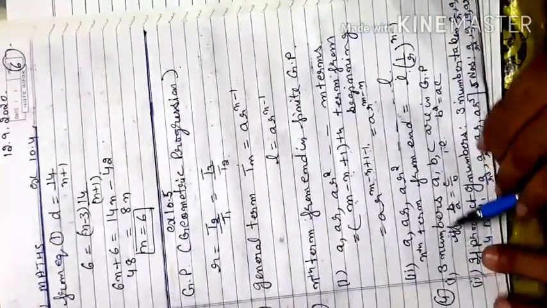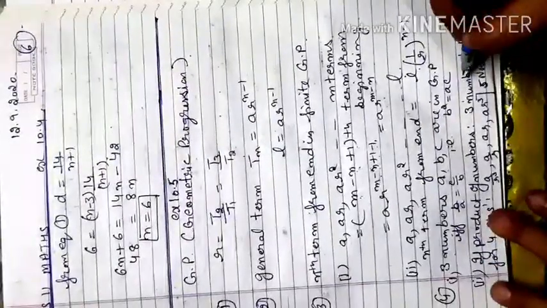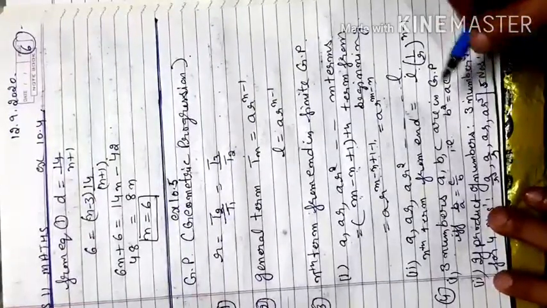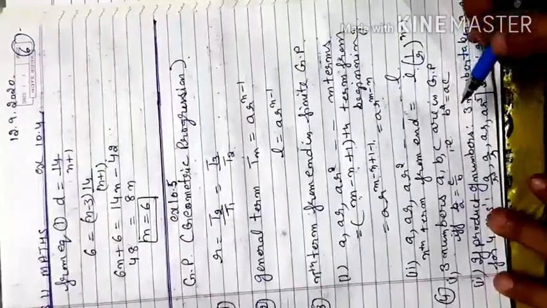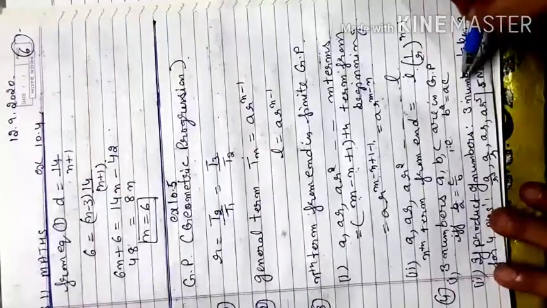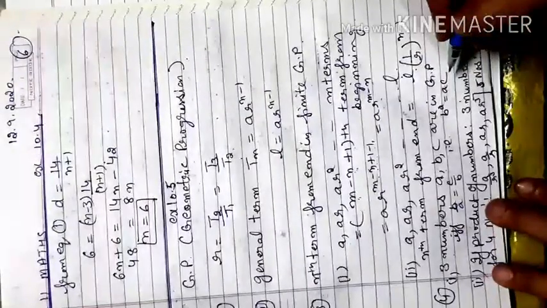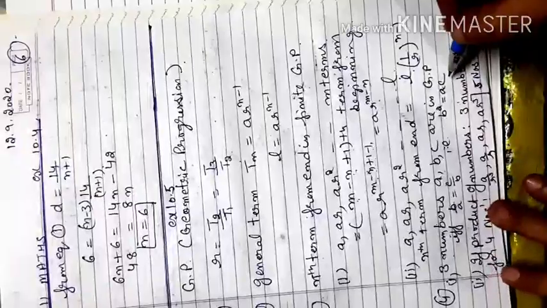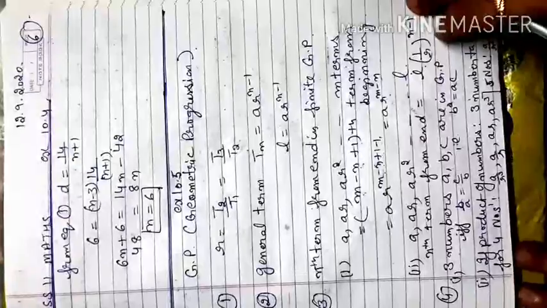Now if you have the condition of three numbers, if your question says three numbers are in GP, that means the ratio will be the same, and if and only if b square is equal to AC. The square of the middle term is equal to the product of the first and the third term. While in AP series, we take 2 times the middle term equal to the sum of the first and third term. But here, because the ratios are equal to each other, the middle term square is equal to the multiplication of the first and the third term.